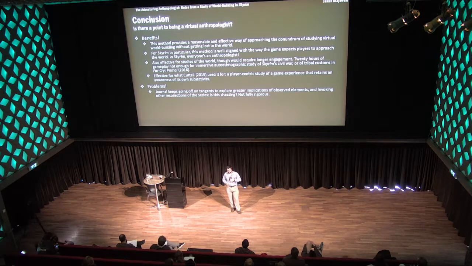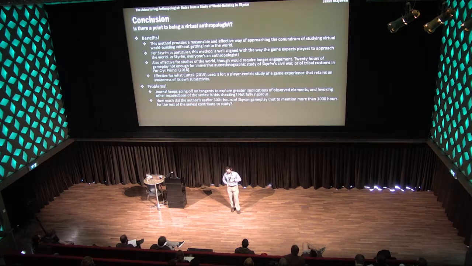Which is where we also mention problems very quickly. So firstly, in my research journal, I find myself constantly going off on different tangents to consider all the different elements, to add recollections of other parts of the series and so on. I found myself wondering towards the end, am I cheating here? Am I still really researching this game, or am I just writing my free-flowing recollections of other stuff? So it didn't feel very rigorous at all times.